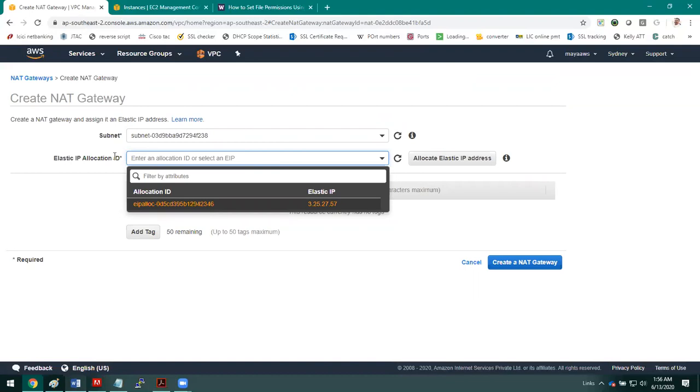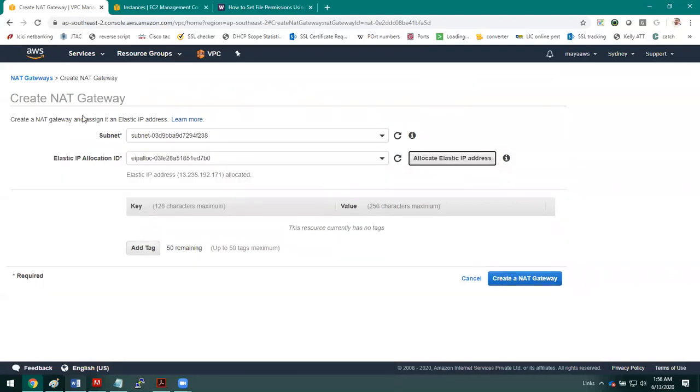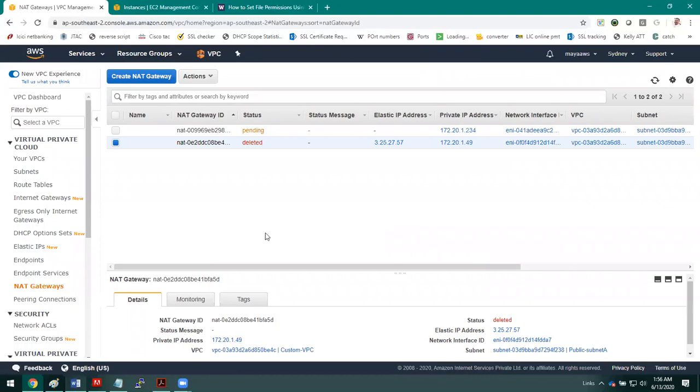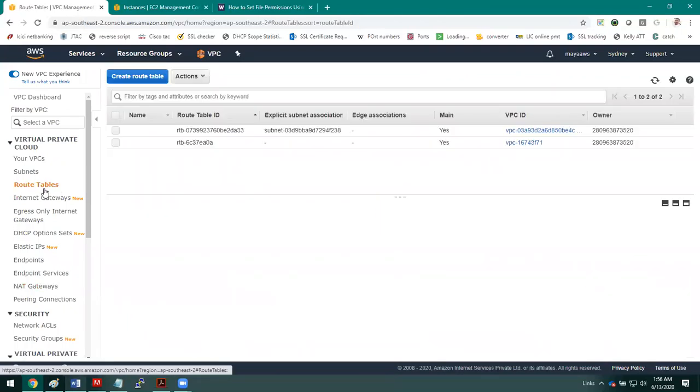If you don't have any existing elastic IP which is free, we can create a new one and associate that elastic IP with the NAT gateway. Let us click on create NAT gateway. Straight away it is asking to modify the routing table. Let us close it here, and I'm going to show you how to modify the routes.